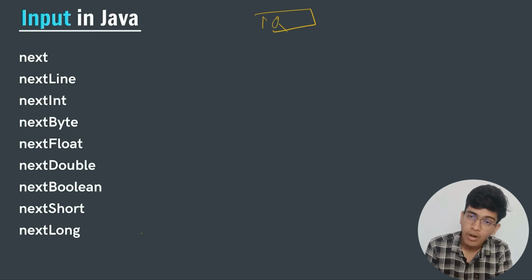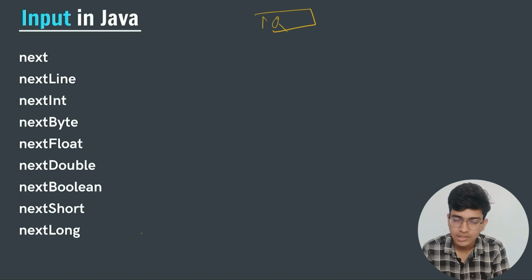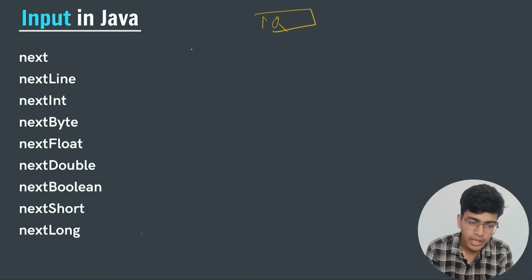taking input in Java requires the creation of an object. I know that you won't understand the creation of an object right now, but believe me, just memorize it and after some time you will understand it. Okay, so what I will do is I will write Scanner